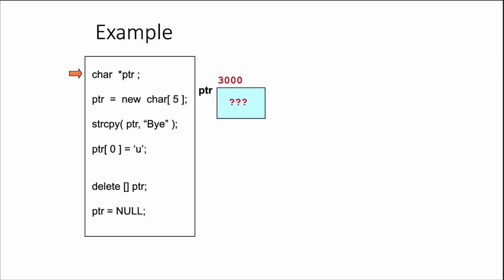A simple example of what happens when you create new and all that. Very simple example just to give you the insight. So char star PTR. You are trying to create a pointer to character type. That is shown here. This is the pointer to character type. The location where this pointer is stored is at 3000, and the contents of that location are still unknown. You are just getting into the execution.